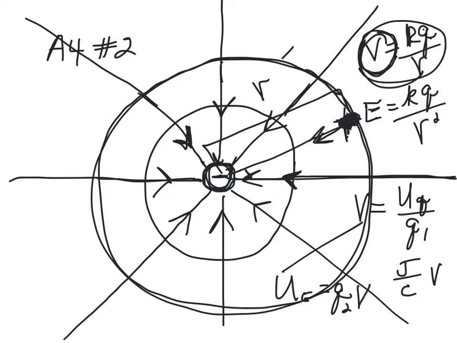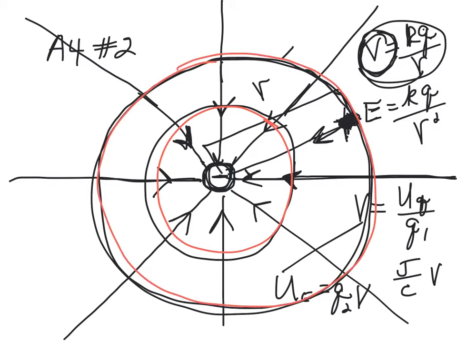And so the diagram you're looking at shows black lines, which are field lines, and red lines, which are equipotential lines. And one of the things that will come up in this question is that since energy changes when you do work,